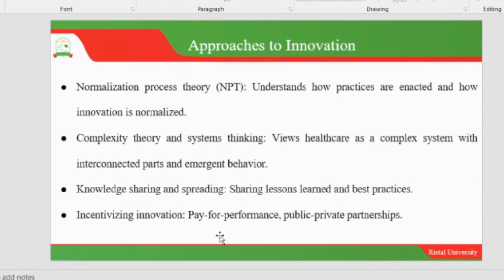Then incentivizing innovation by paying for performance or putting in place rewards for the best innovations, bringing in partnerships between the government and the private sector,